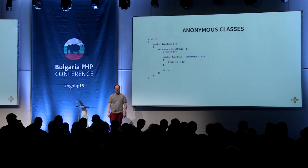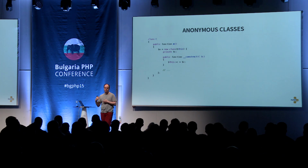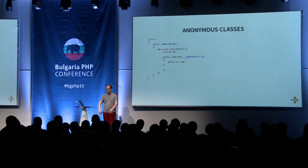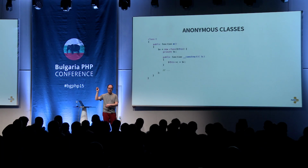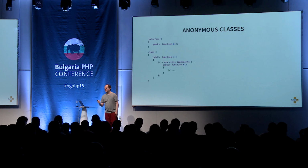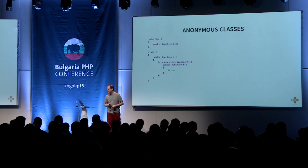We now have support for anonymous classes. I've never missed them. So far, I don't know if I'm ever going to use them, but they're there. They were missing. So you can just say, hey, $o equals new class, and then write the class, and that's like an anonymous function, but it's a class. And of course, and that's probably the only valid use case that I see myself being useful at some point in the future,